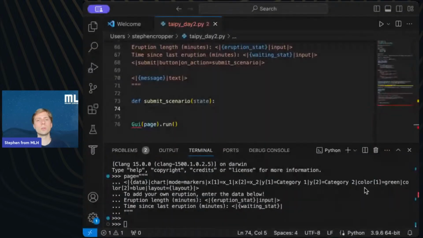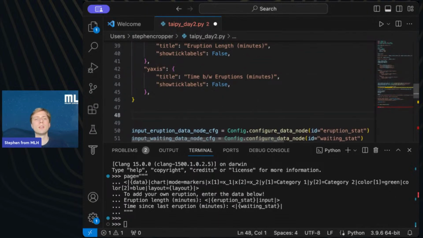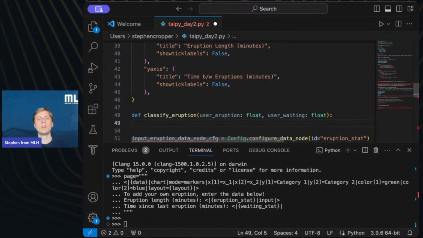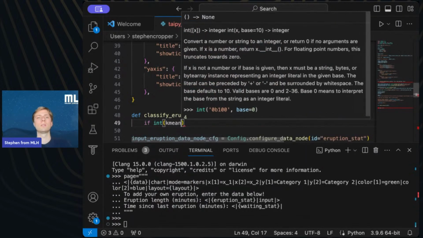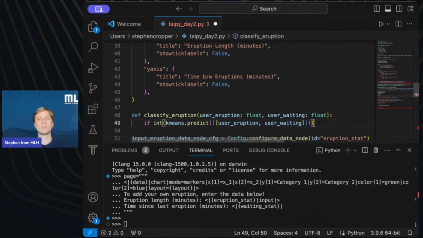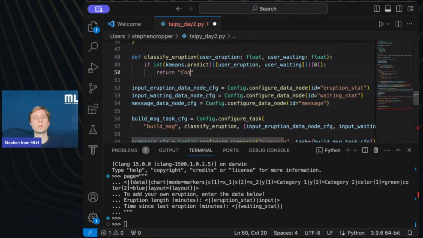So let's implement that in our code. And I put that before the data nodes on line 48, but you can put it wherever as long as it's before you build all of this stuff. So we'll take in 2 arguments, user eruption and user weighting. And then we have if this prediction, then return cool, your eruption is a category 2.